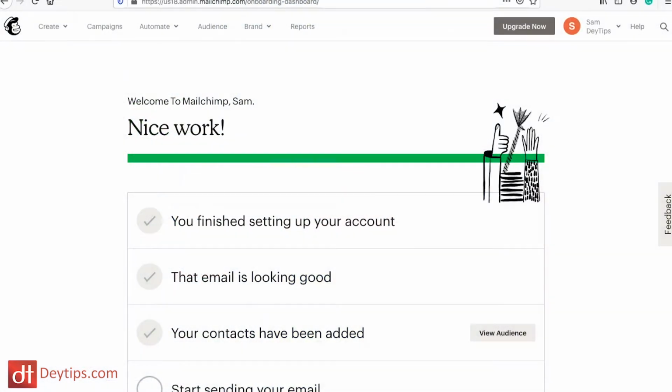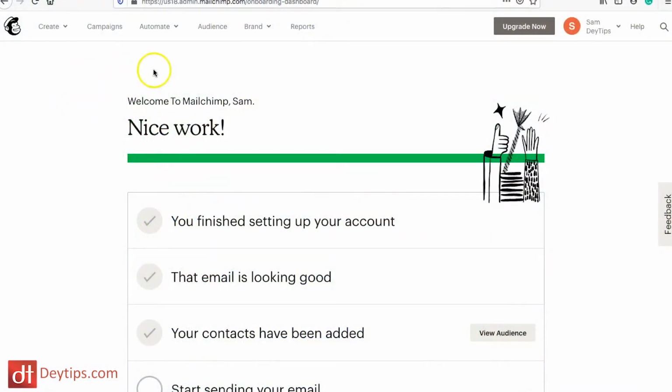So let's take a little bit of a look inside of Mailchimp itself. Your account might look like this. It might look a little bit different, but it's going to look very similar to this. And there are a few things that you want to keep in mind when you're first starting out with Mailchimp. And the first thing is audiences. So as you go up here, you can see where it says audiences in this tab. So this is basically where you're creating your lists. So this is where the people who sign up to your Mailchimp account, they will go into a segmented audience. So you need to create the audience and create the list that they'll go into, and you can manage those